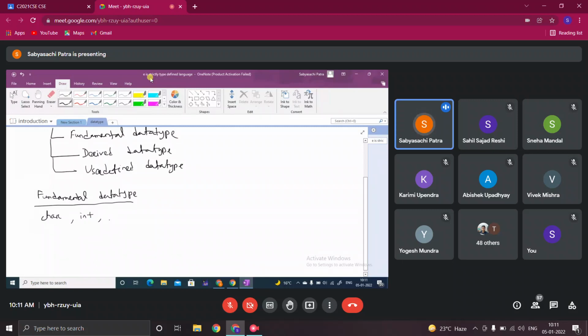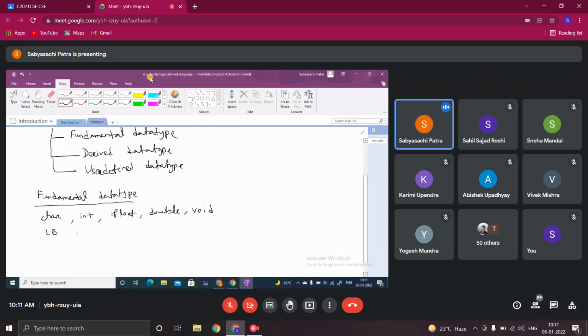Then integer. The int keyword is used to specify the integer type. Then float. Then double. Then void. These are the five fundamental data types.